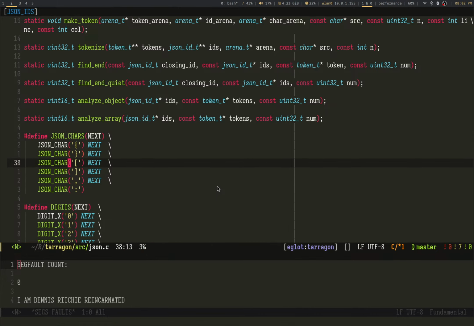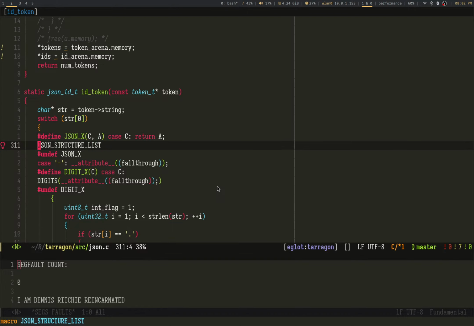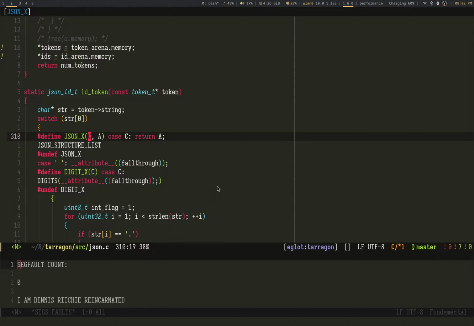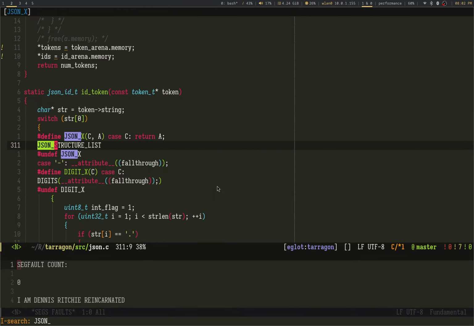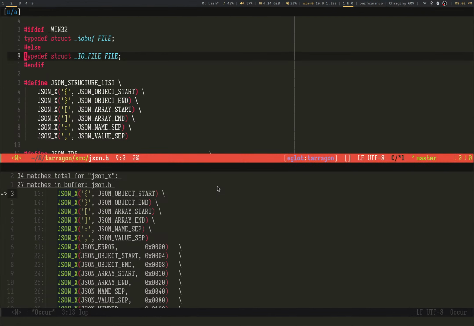But if we go to the alternate here, list JSON X. Let's see why I use JSON X. As you can see, so the same. This is basically it. This is the magic. I can sub in the list for a nice little, hey, here I'm populating a structure. Excuse me, a switch. Where I still use JSON X. And control. Not this buffer. Let's go to a different buffer.